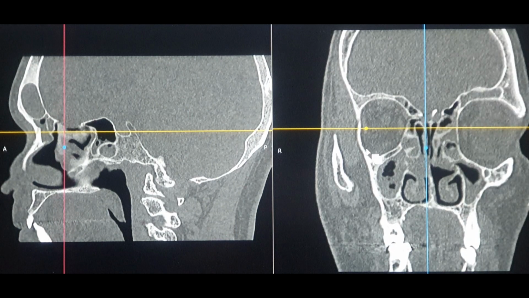Now, I've told you this many times in my previous lectures, how you can locate an anterior ethmoidal artery on the coronal section, but it's very difficult to understand on the sagittal section. So what I'm going to do here is, as you can see over here, this is the medial rectus muscle, and over here you can see the superior oblique muscle. In between the two, where these two muscles have a confluence, that's the area of the anterior ethmoidal